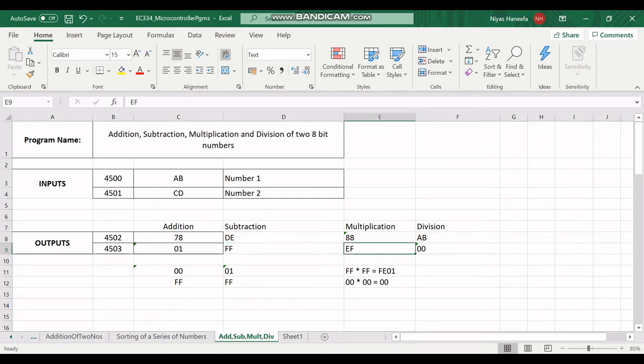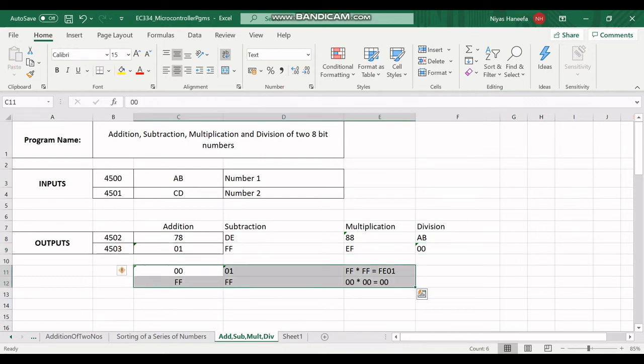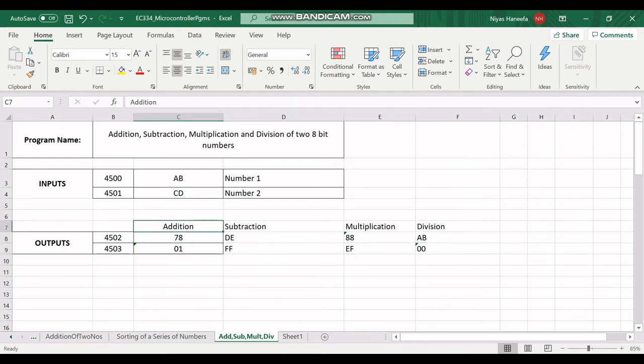For multiplication, the result is going to be 16 bits. If the result is within 8 bits, the highest byte is going to be 00 and the lowest byte will contain the multiplied result. And for division, we are not going to have the result as 16 bits. Rather, we will have the quotient and remainder. Remainder will be in the lowest location and the quotient will be in the highest location. So let us see, as per an example input, how exactly it is.